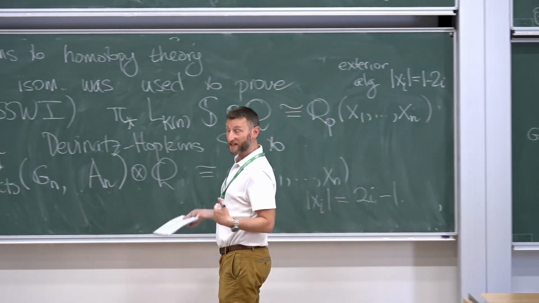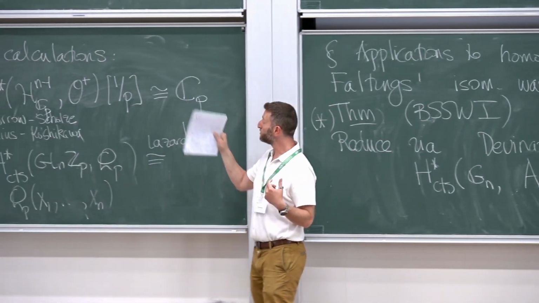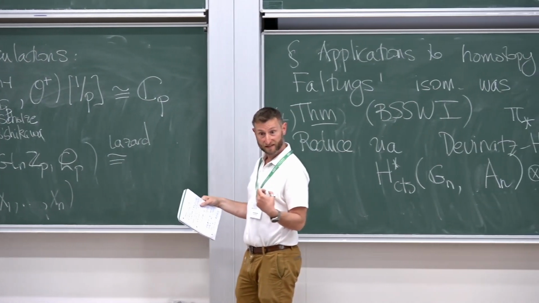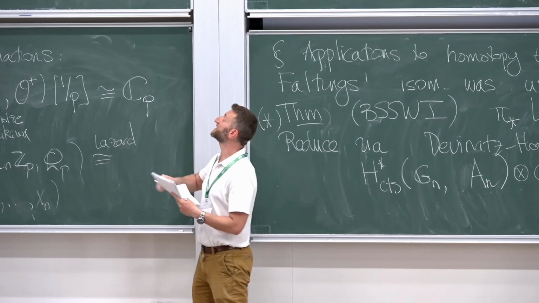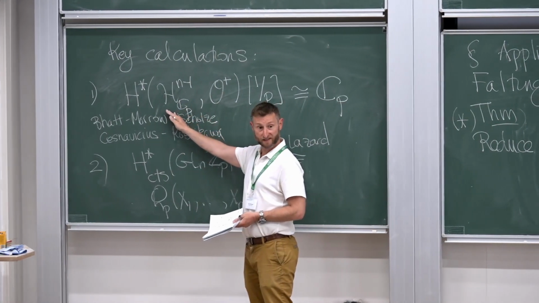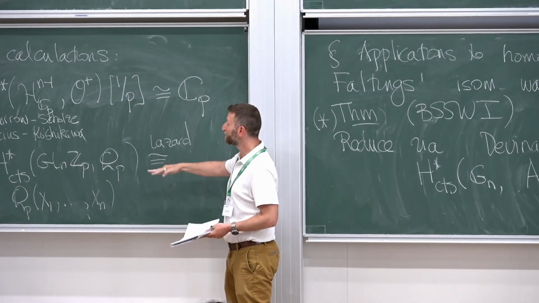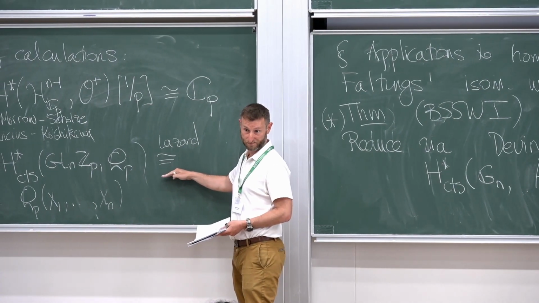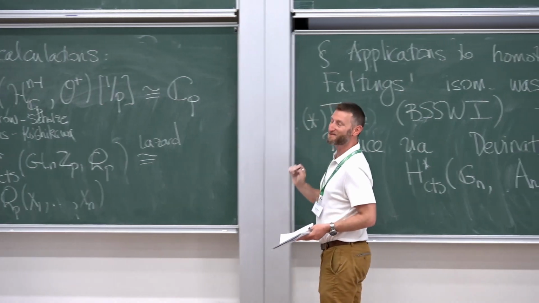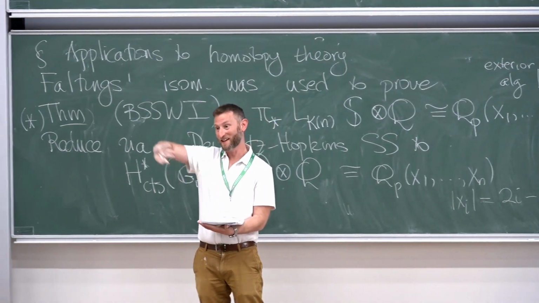We use Faltings' isomorphism, and then we compare O plus cohomology on both sides. As an intermediate step, we needed an acyclicity result for Drinfeld space, and then we needed some kind of Lazard result that was just about continuous cohomology. Okay, before going on, are there any questions on this stuff? Because we're about to exit this case.